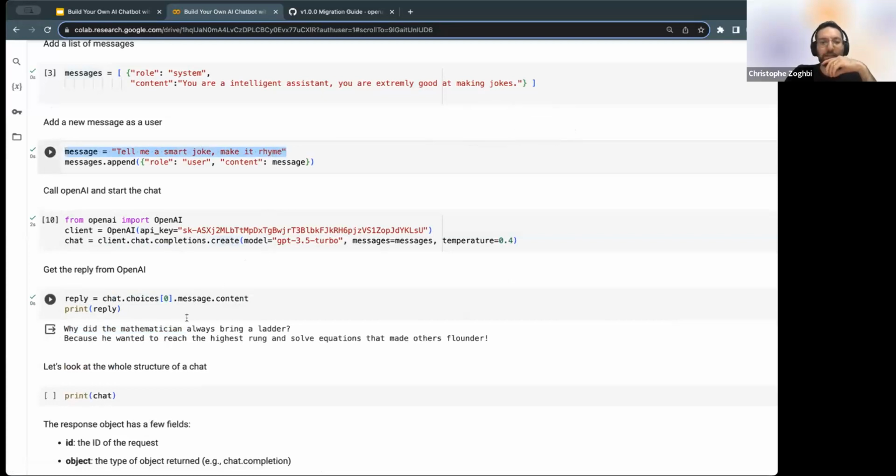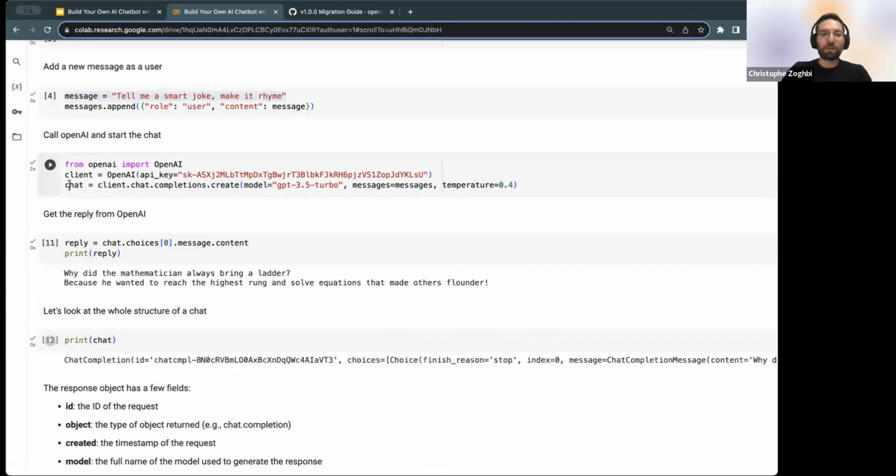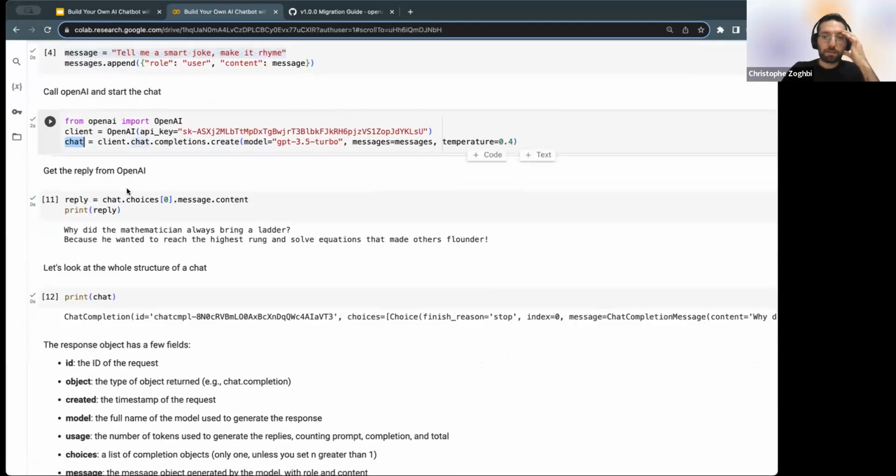And it says, why did the mathematician always bring a ladder? Because he wanted to reach the highest rung and solve equations that others floundered. So this is the joke, right? If you want to look at what the chat response includes,